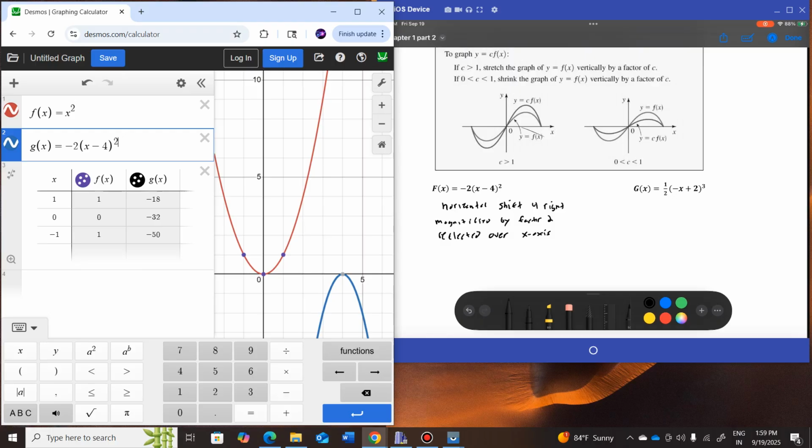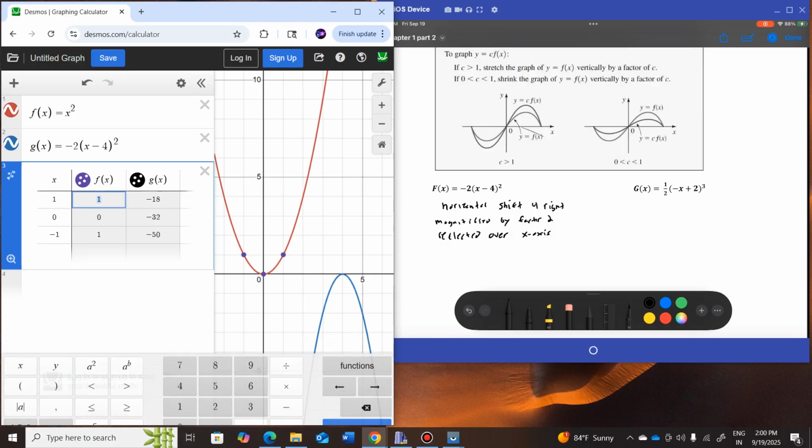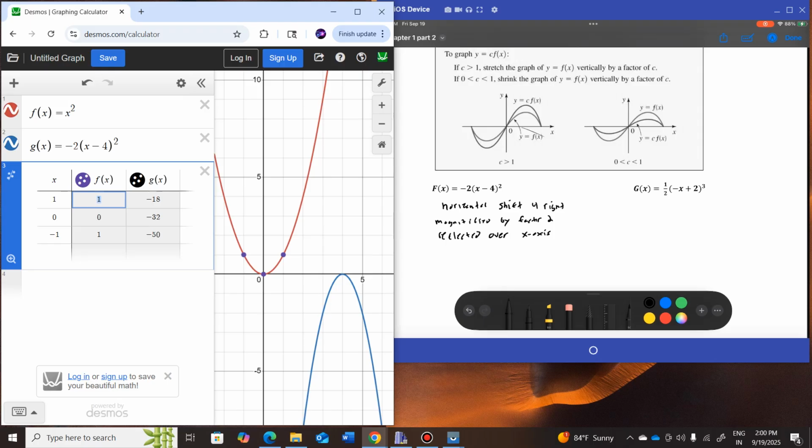And so 1, 1, that point goes 4 units to the right, so it goes to 1, 5. Then it gets doubled, also reflected, so it goes to 1, negative 10. And so